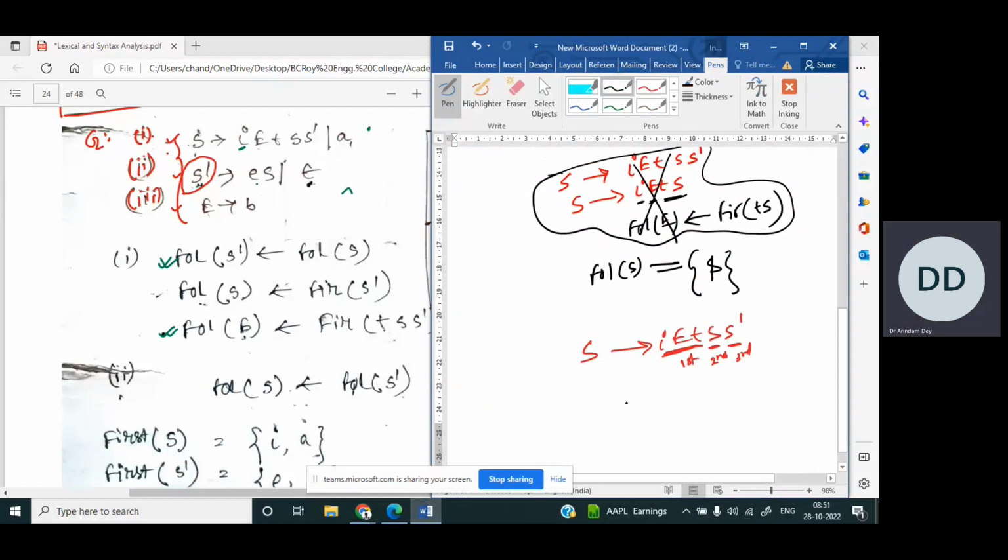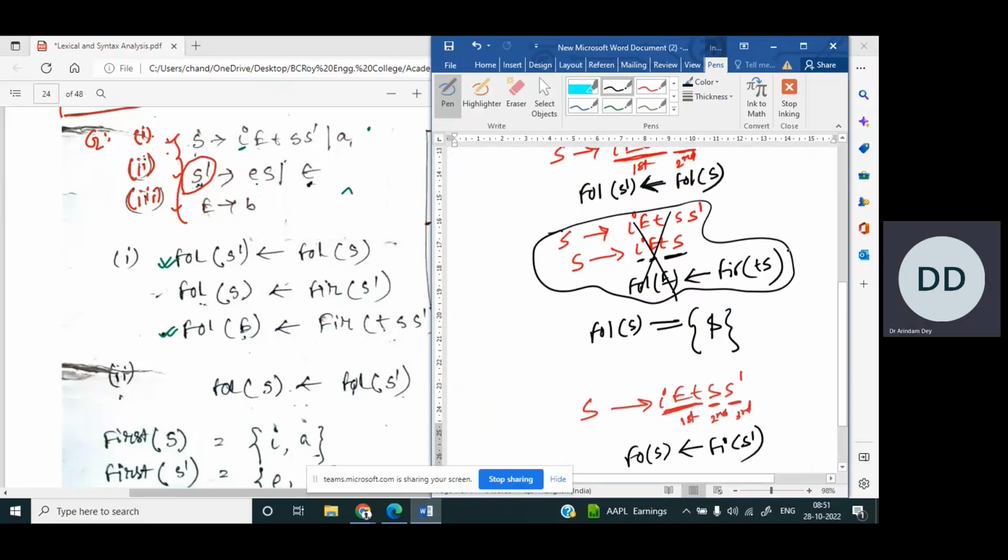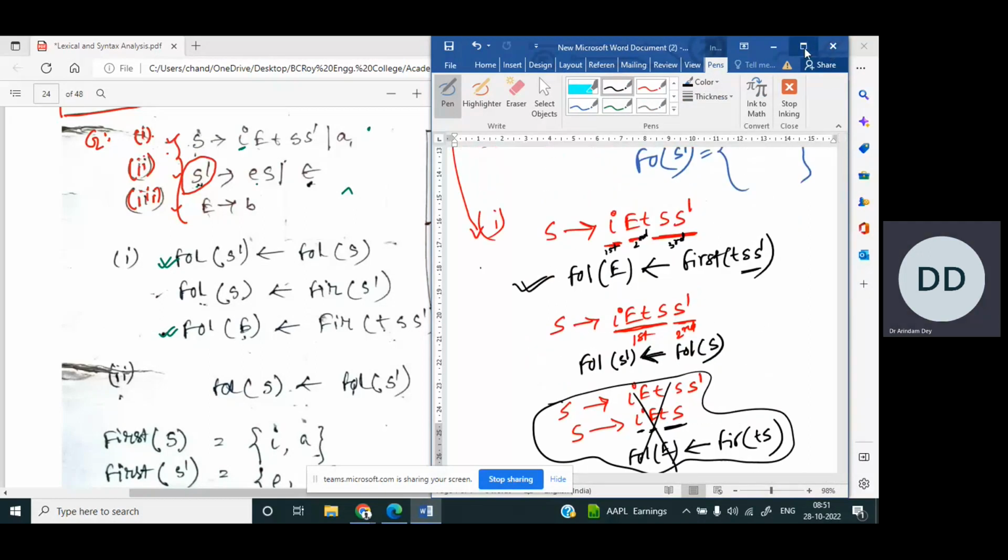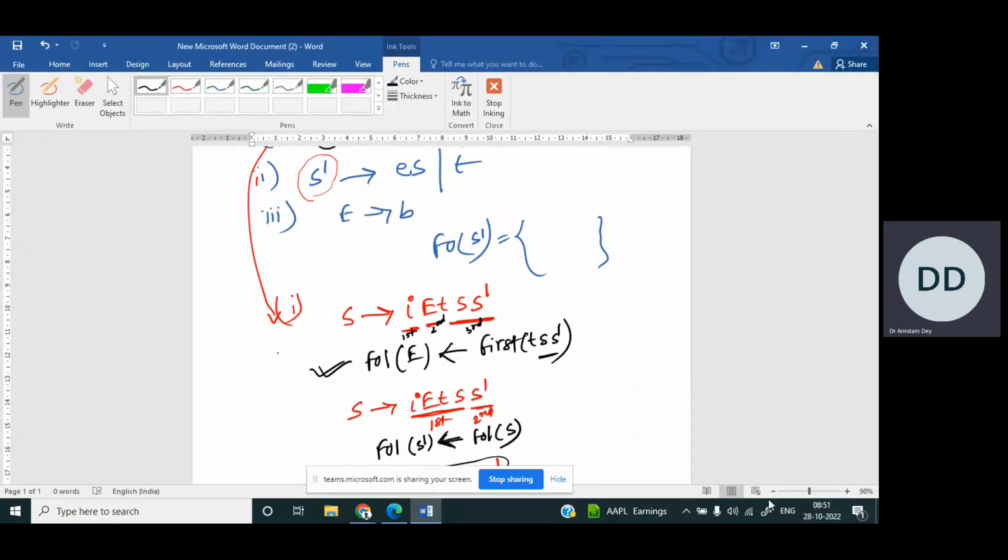If I'm taking in this way, then what can I write? The follow of the second part will take the values from the first of the third part. Follow of S is the first of S dash. So that means, if I'm zooming out from this zone, just see